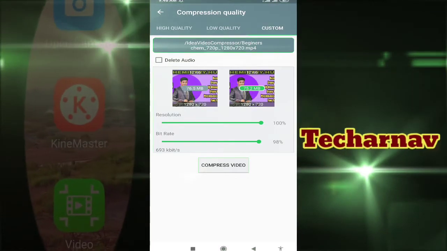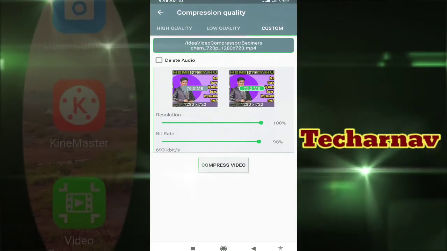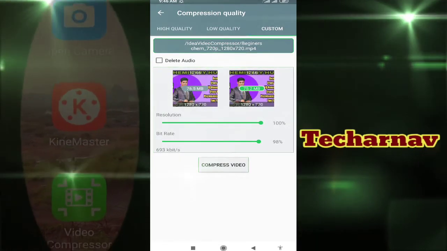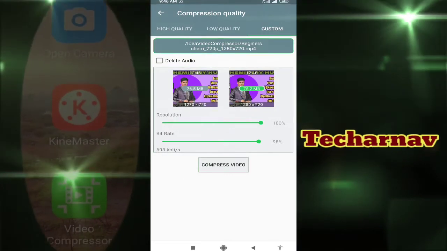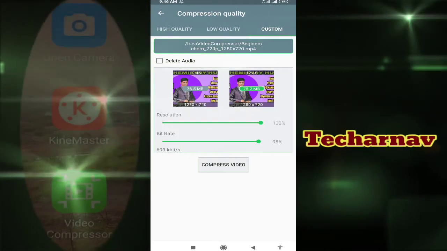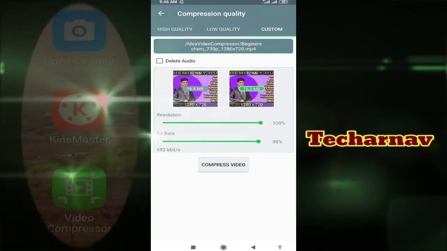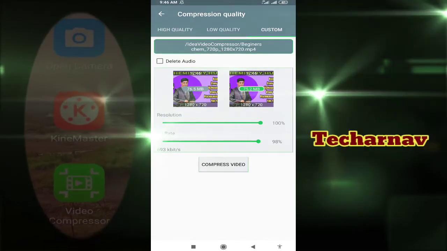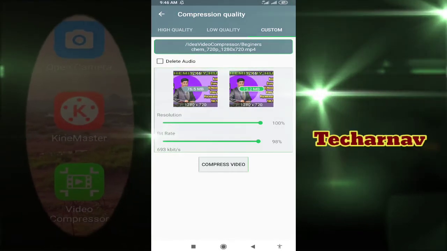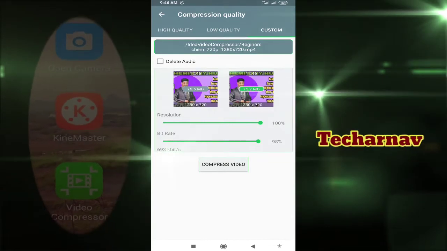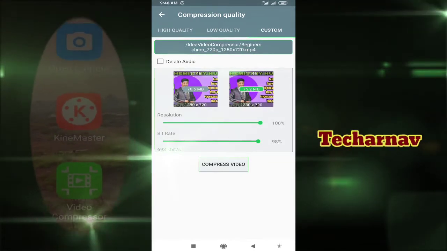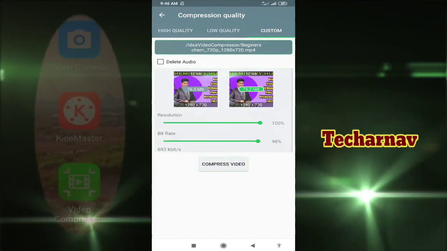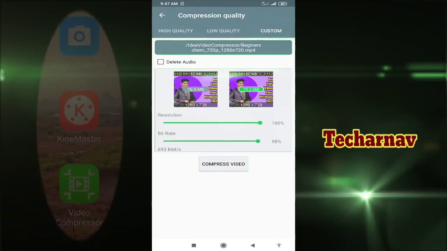You can see this video is 12.46 minutes and its size is 75.2 MB, so it is sufficient. You have to keep your video resolution at HD quality, 1280 by 720 pixels, and the bitrate is 793, which is very minimal. If you reduce below 700, it cannot be seen properly. This much video size, bitrate and resolution is enough. Lower than this will not appear properly, the resolution is not good. If you increase it, then it's okay.